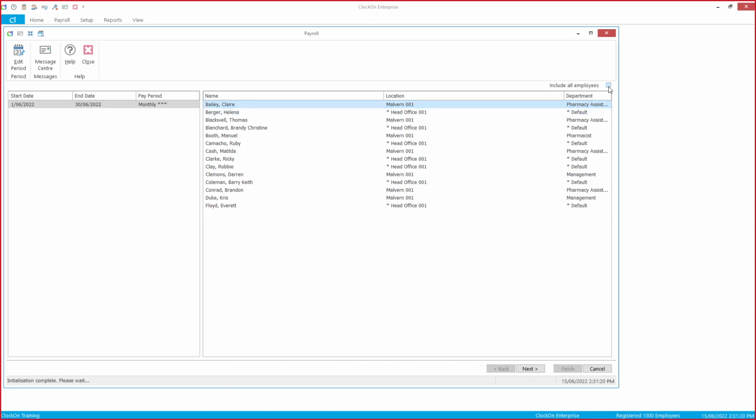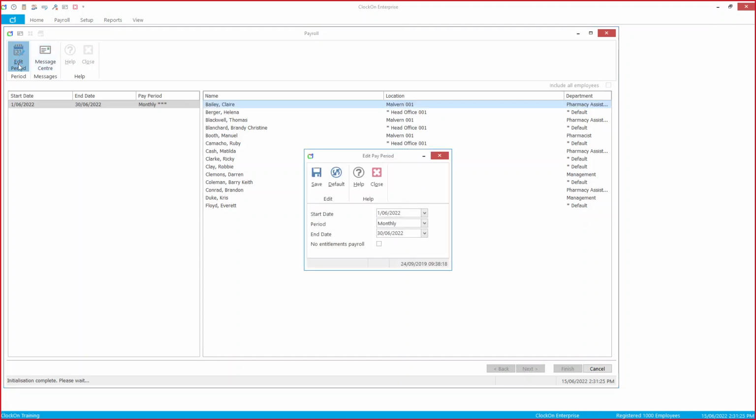So I've unticked include all employees and just selected her profile. And now I can go edit period. And this gives us the option to select the dates for the period. So what I'll do in this particular instance, I'm just going to set it to the 31st of the 5th to the 31st of the 5th. Now the reason why I'm picking those dates is it's a single day, and because it's a single day, the following day will be considered the first day of the next payroll. So when I process this, the employee will kick into their normal pay cycle and they'll just flow in with